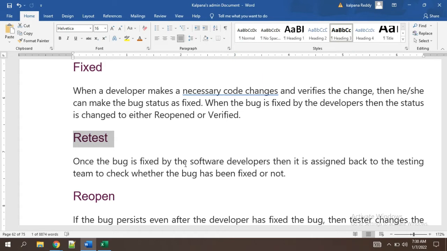But regression testing is about the code change the developer made for fixing the bug or a new enhancement. Because of that, the other functionality should not be affected, the other functionality of the same module. So for that reason we do regression testing on the other parts of the functionality. Okay,